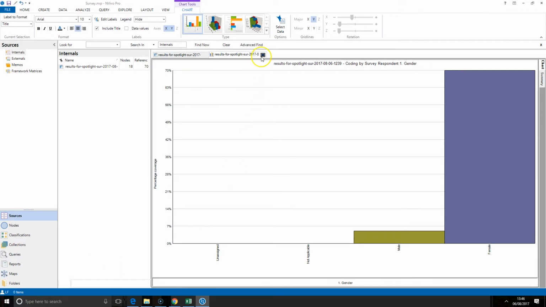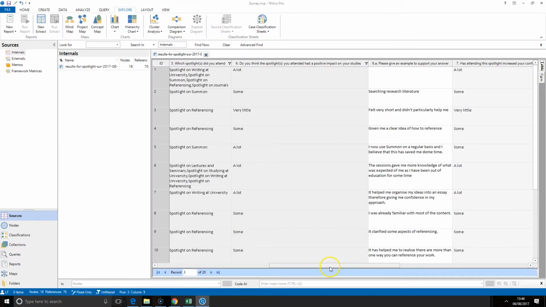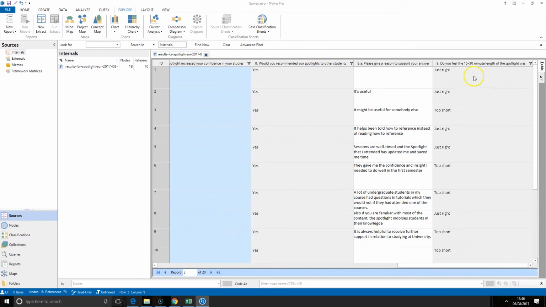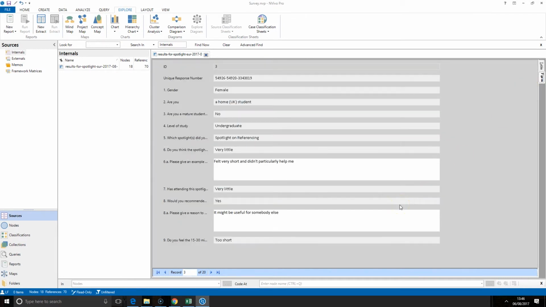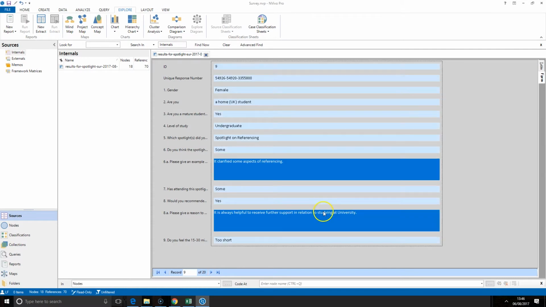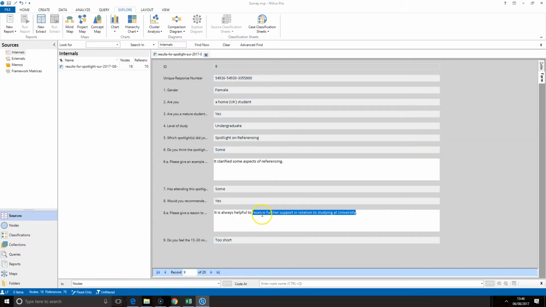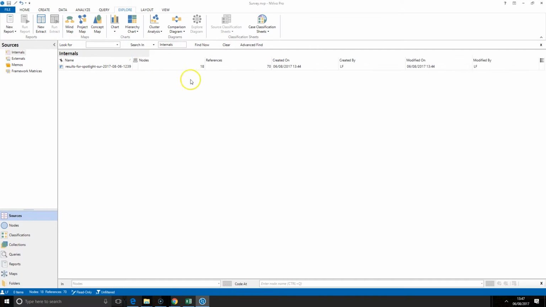If I just close this chart to head back to the data set, you'll see the whole thing is set out like this. I can click on Form, and this will show me just one respondent at a time. So here we can see this is respondent 3. As I click through, using these arrows at the bottom, I can just work through and see what different answers people gave. And once again, I can highlight, I can code, and treat these like I would with any kind of open text. If I close that,